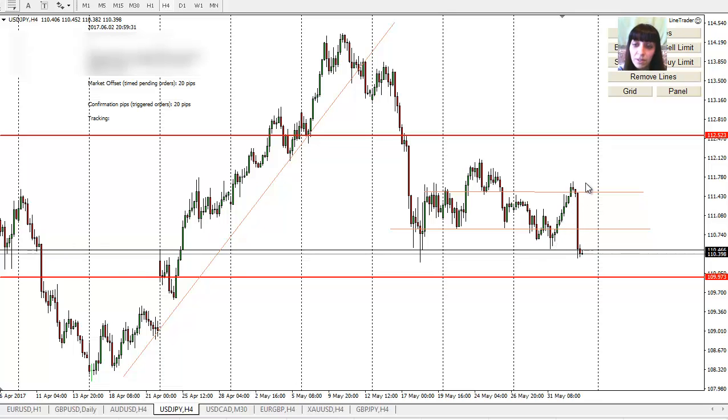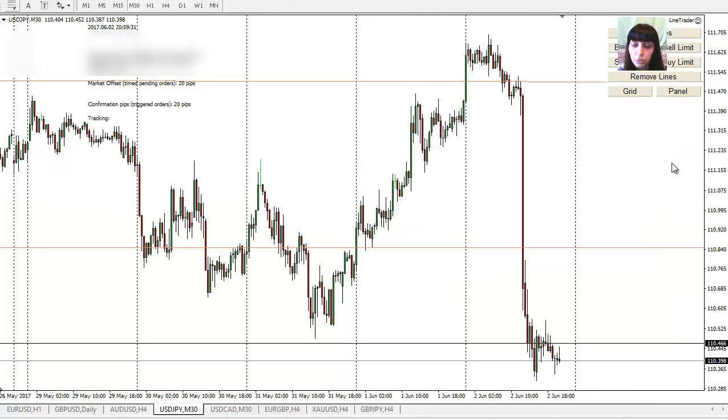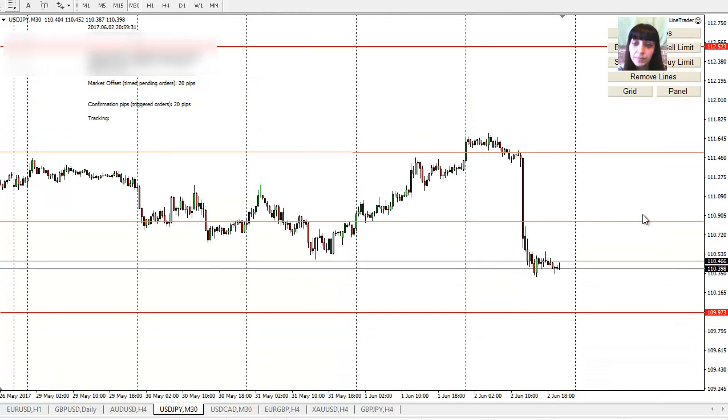It's created this very nice little uptrend, so I had my little level here, and before the news event, also expecting not very good news, just as I was saying, for the American dollar, I also had this nice channel. You can see it's a very nice, slow little going down a little bit here, but a very nice area. This is where I like to go for news event trades when I see something like that.